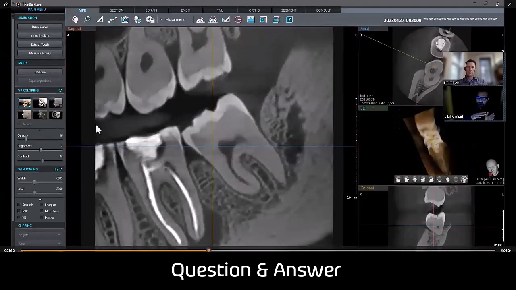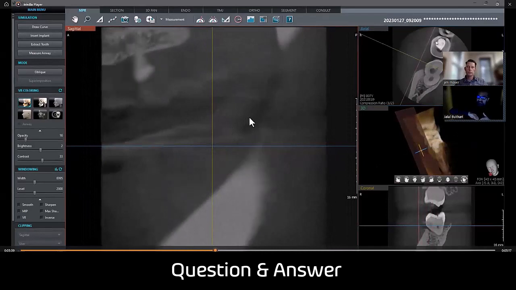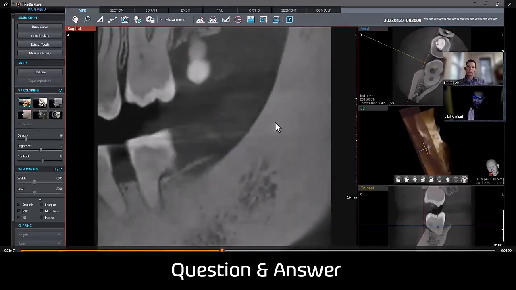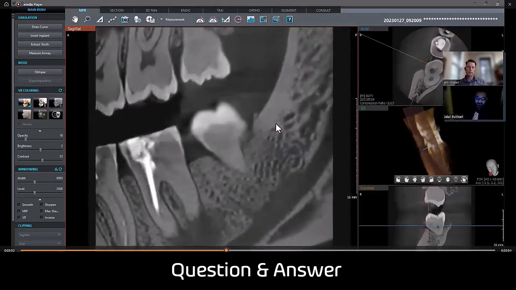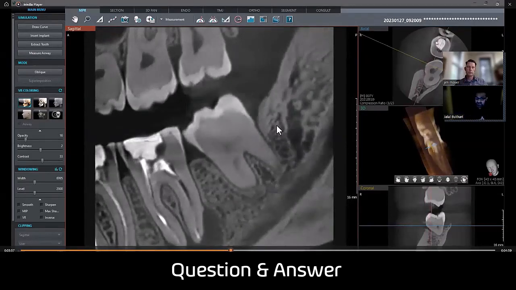Now, as you said, if we're targeting a specific area, making sure that that line is going right along the ridge and the mandibular teeth, you can see as you scroll through that everything becomes a little clearer as opposed to going through one area at a time, one tooth at a time. If you scroll through right now, you'll be able to see the majority of the teeth in one slice, and some of the structures as well as some of the pathology, such as the radiolucency we see in that area, as well as the inferior alveolar nerve canal that is just apical to